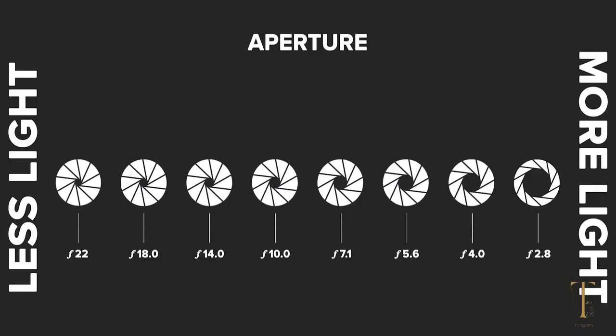Now, aperture is denoted as a number as well, and it's called the f-stop. The f-stop controls the size of the opening. It's going to sound a little counterintuitive, but the smaller the number, the bigger the opening. And the bigger the number, the smaller the opening. So this lens is a 24-70 2.8, meaning 2.8 is the maximum aperture, meaning the biggest opening that the lens